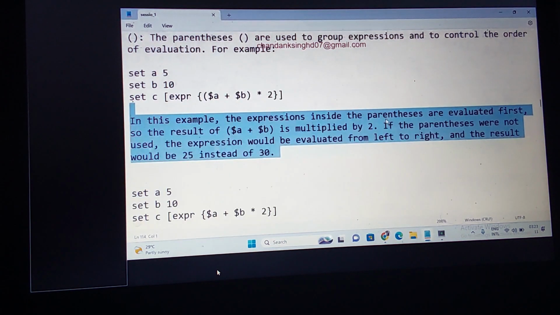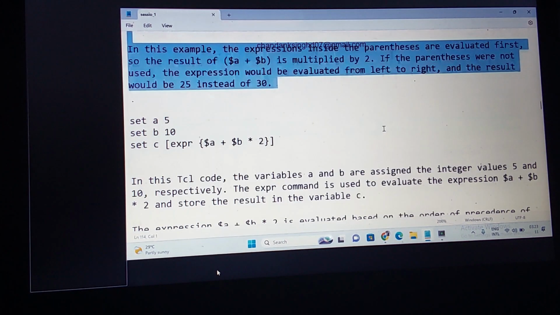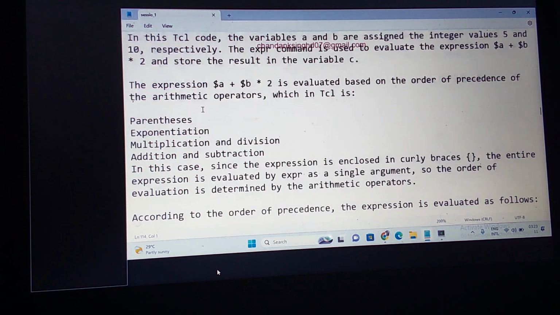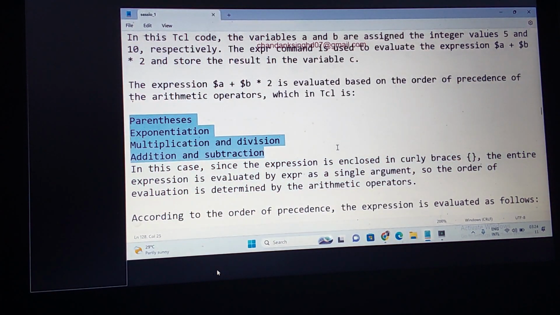Now we understand what is the use of the square bracket, what is the use of the curly braces, what is the use of the parenthesis. Like this is all. The order of precedence goes like this. First order is given to parenthesis. Then we are giving to exponential, star star. Then what is the next order of precedence? Multiplication. Next is addition and subtraction.